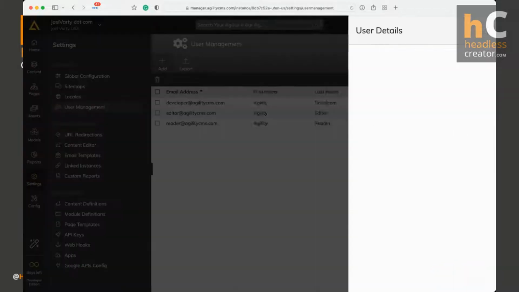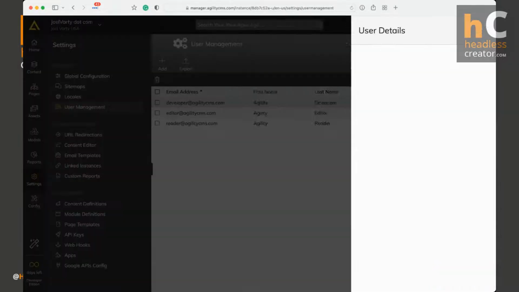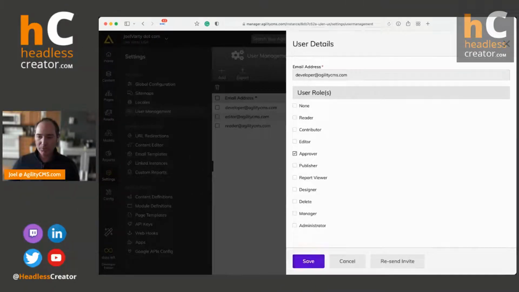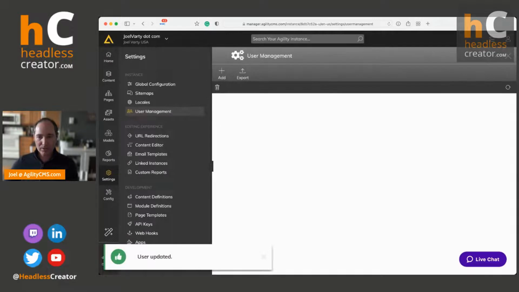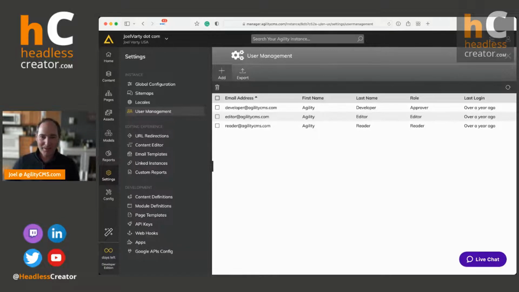And then I probably need to have someone in here. Let's just adjust this a little bit. I've got my developer, and I've given them manager access. I'm going to adjust that and just give them approver. So now the workflow would be something like: the editor can go in and edit content and create things. The developer can go in and approve things because they've actually reviewed it and think it's okay. And then myself, who's not listed here,